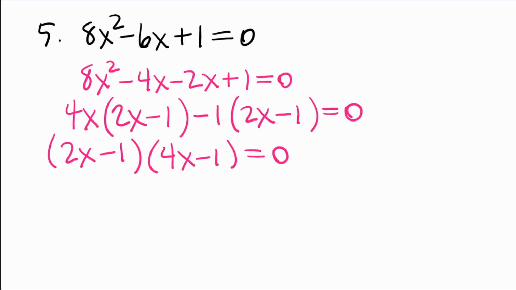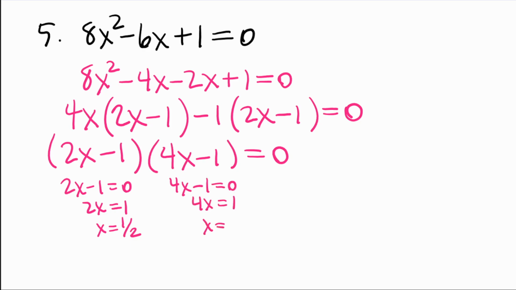But let's say 2x minus 1 equals 0. That's where 2x equals 1 and x is 1/2. Okay, over here, this could be equal to 0 if the second thing in parentheses was 0, so 4x minus 1 equals 0, 4x equals 1, x is 1/4. Okay. Now if you had used the quadratic formula,